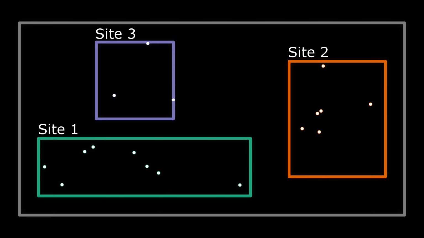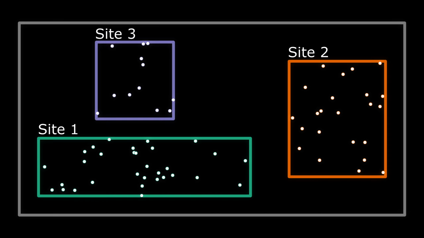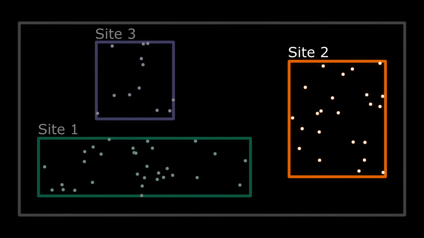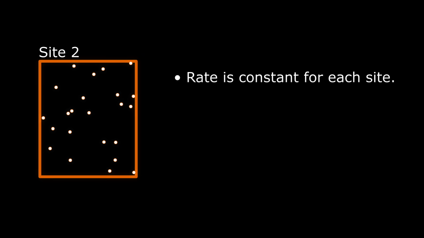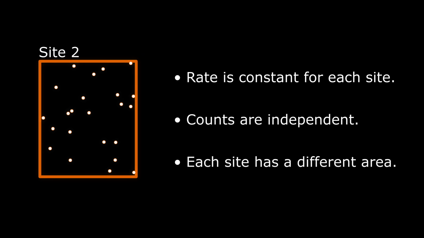The experiment proceeds by checking each site and recording the positions of these flowers each time they are found. Before analysing this data, let's recap our assumptions and any important information. As stated before, we believe the occurrence rate is constant for the entire field. We also assume that the counts within each site are independent. The sites do not overlap, and we have no reason to believe that the count in one site depends on counts from other sites. Finally, we know that the total recording area of each site is different.